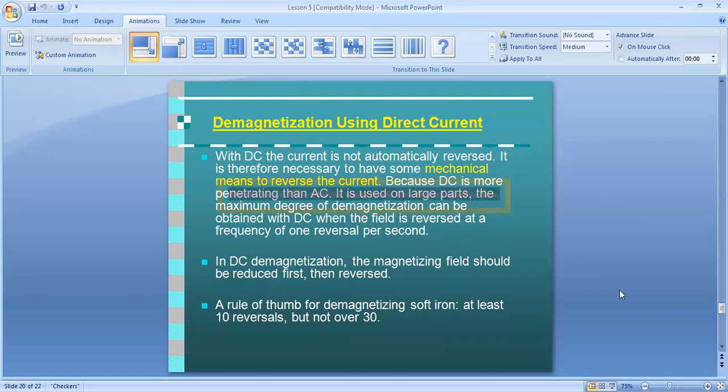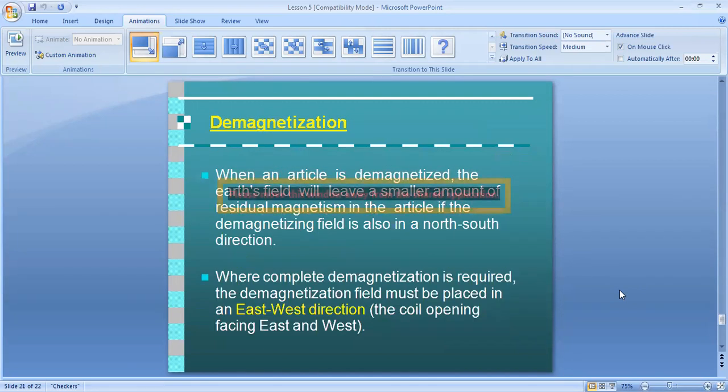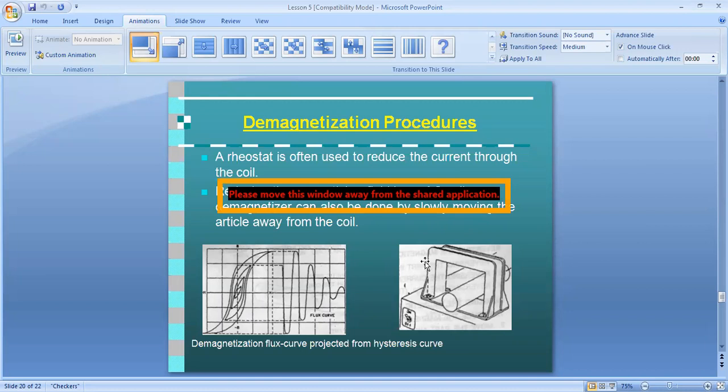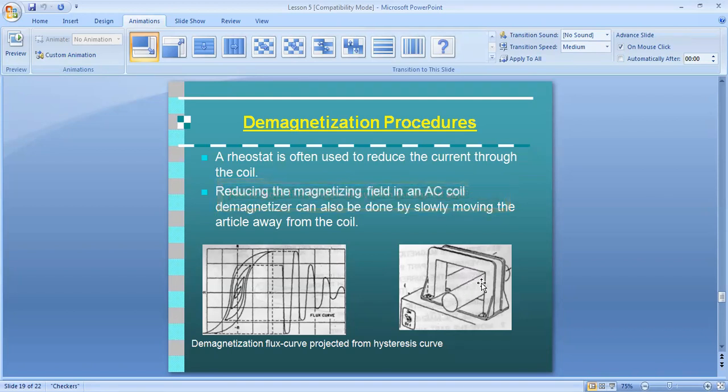Here is one important point about demagnetization. The earth's magnetic field is also in the north-south direction. So for this demagnetization unit, we need to maintain the opening east-west. If you maintain north-south, then you will not get proper demagnetization because of the earth's magnetic field. So always remember, whenever you are installing this demagnetization machine, this demagnetization coil, the opening should be